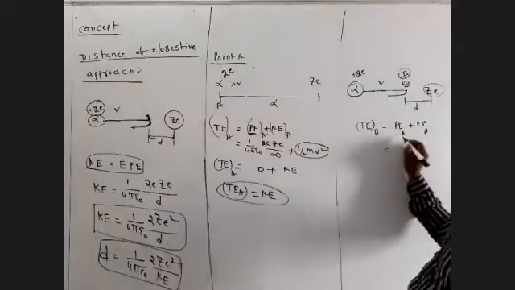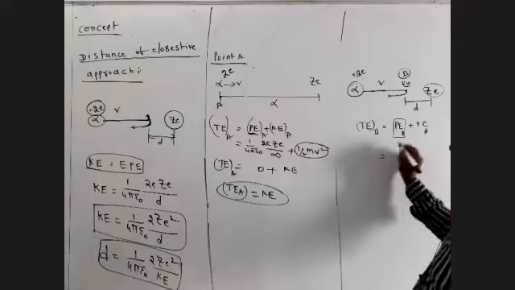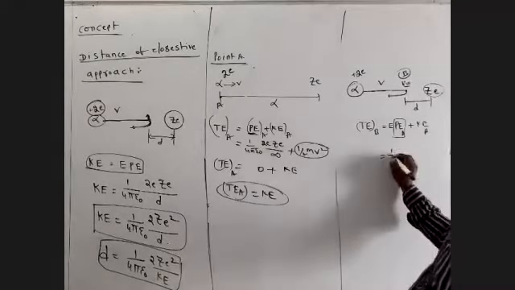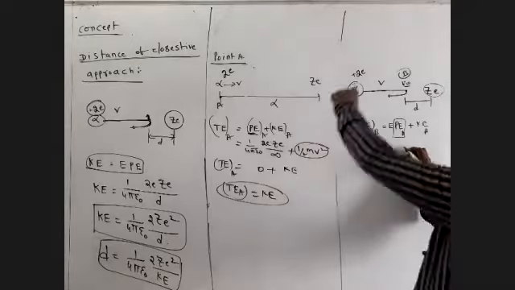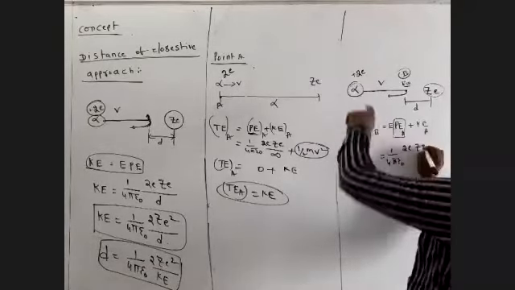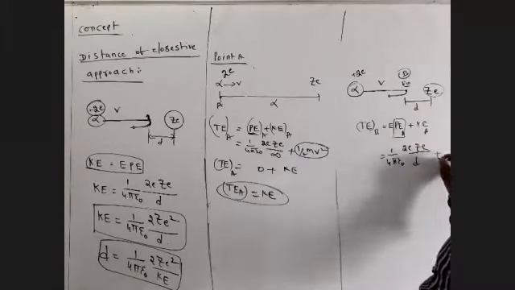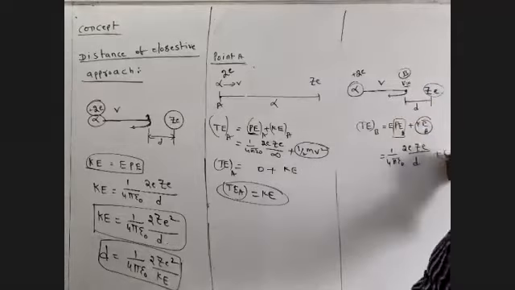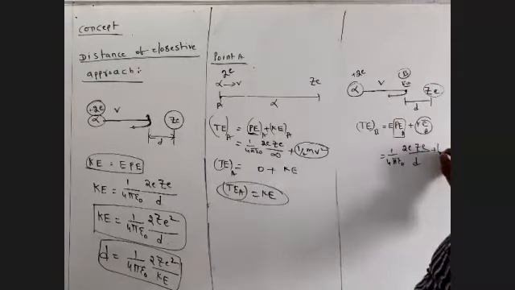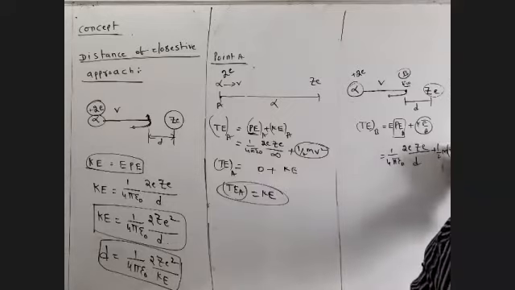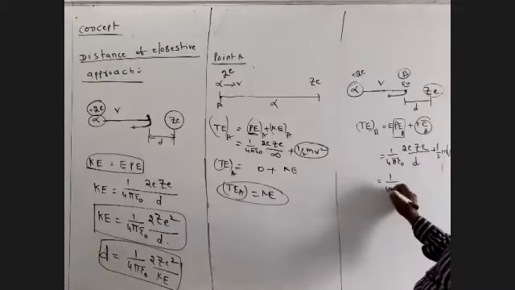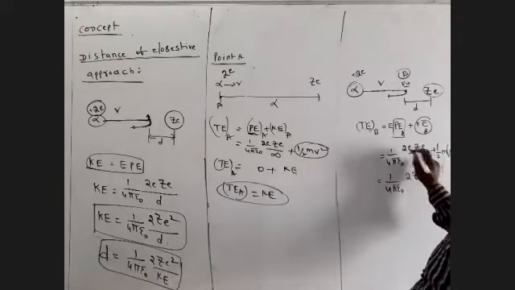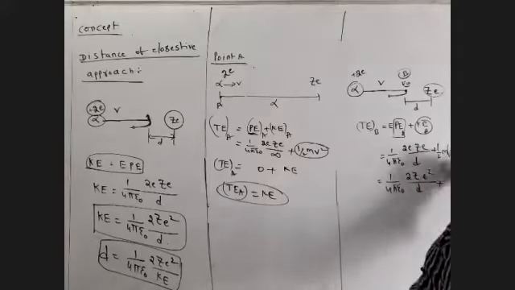Now this is the potential energy. What is the potential energy? We are calling it electrostatic potential energy. That is 1 by 4 pi epsilon naught, 2e into Ze, divided by the distance between the two charges, d, plus the kinetic energy. What is the charge particle's velocity at this place? Zero, so the kinetic energy, half m v squared, becomes zero. So this is 1 by 4 pi epsilon naught, 2 Z e squared by d.